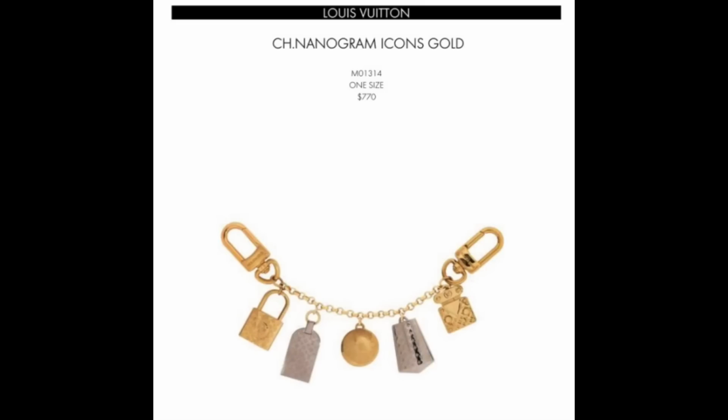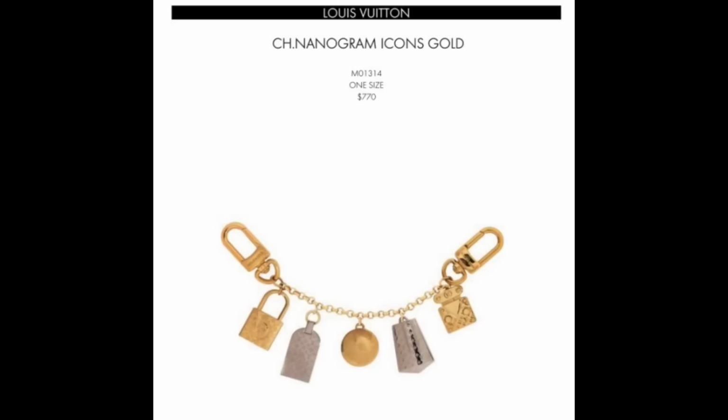And I also want to speak on this bag charm. It's the Nanogram Icon Gold. As you guys can see, I have on a Nanogram necklace. And I love it so much. I have the matching bracelet. So this is going to be cute. It seems like it's a mixture of gold and silver. And it will go perfect on your handbag. The price is $770. Product code number is